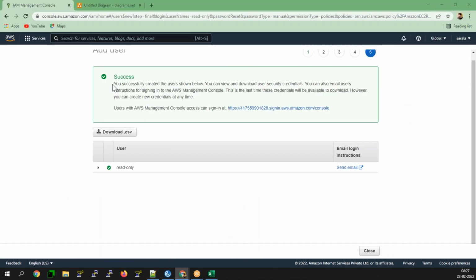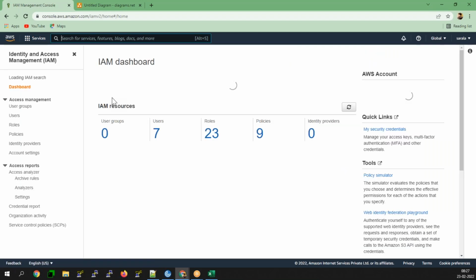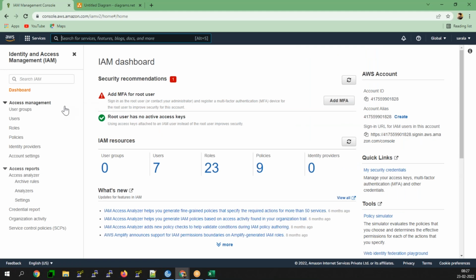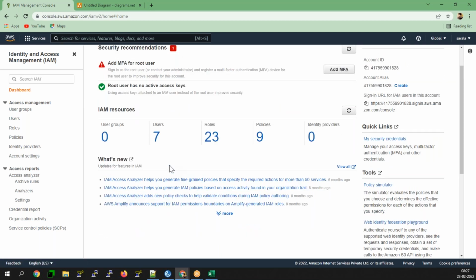So now here we'll go with the IAM. This is your respective IAM dashboard.